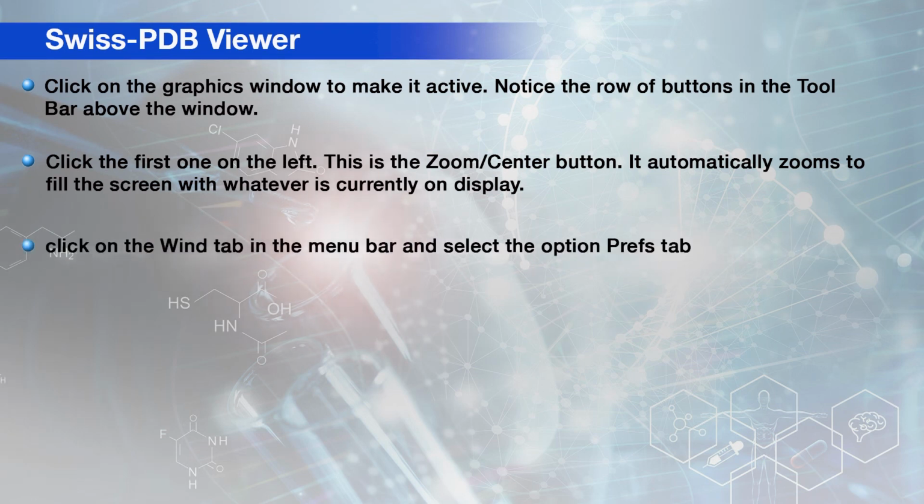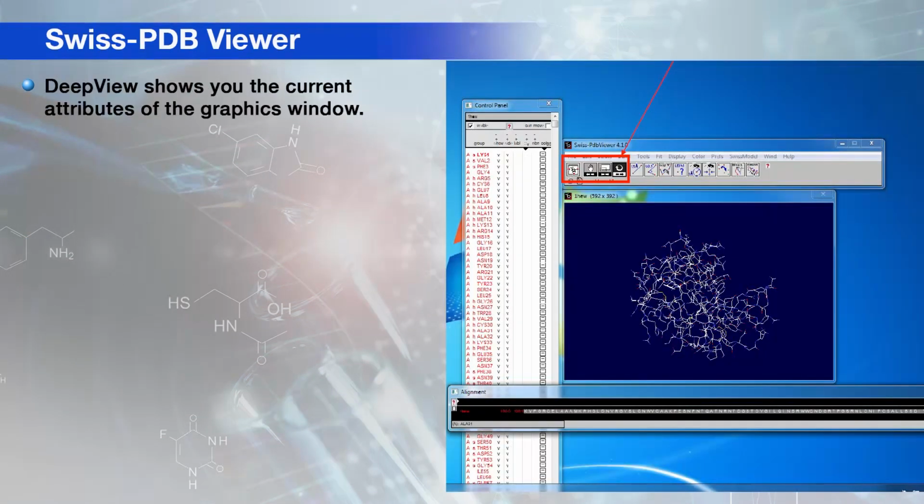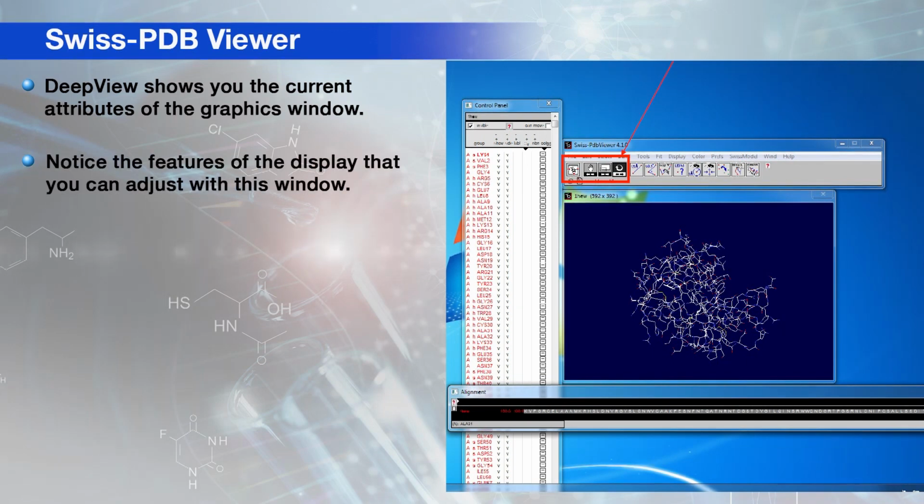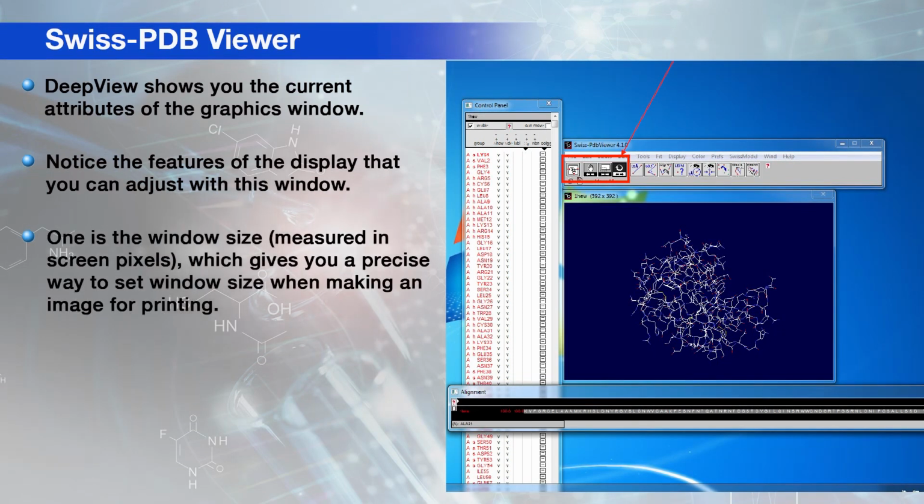Click on the Wing tab in the menu bar and select the option Preferred tab. Deep View shows you the current attributes of the graphics window. Notice the features of the display that you can adjust with this window. One is the window size